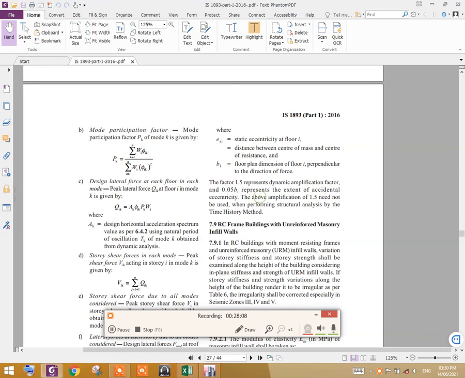The above amplification of 1.5 need not be used when performing structural analysis by the time history method. You don't have to account for the 1.5 amplification while performing linear time history analysis. That's all I have to say.